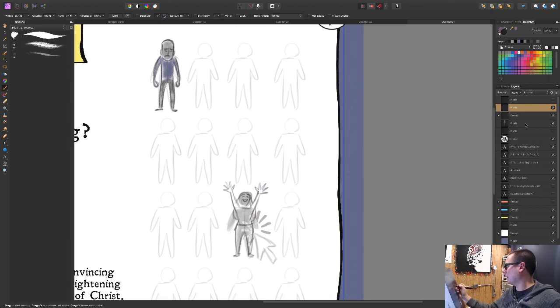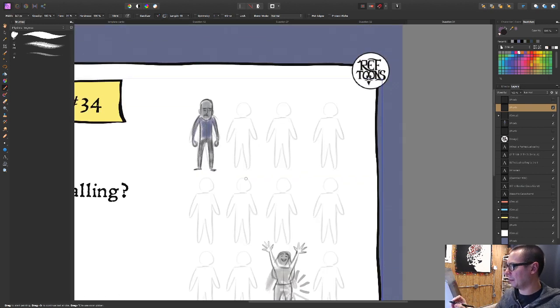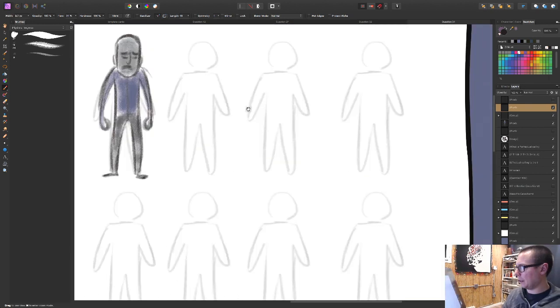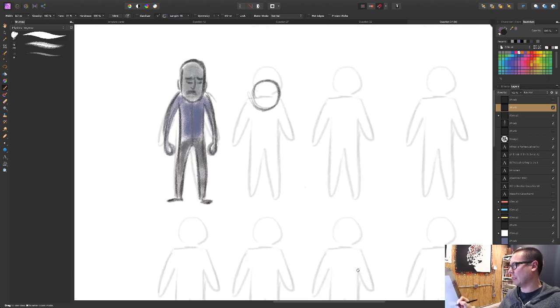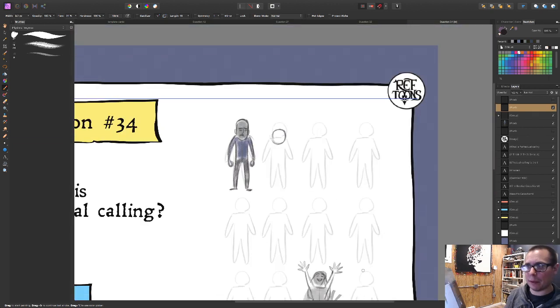Okay. Let's work on some more of these guys. They'll all be wearing the same color, just to kind of unify them.